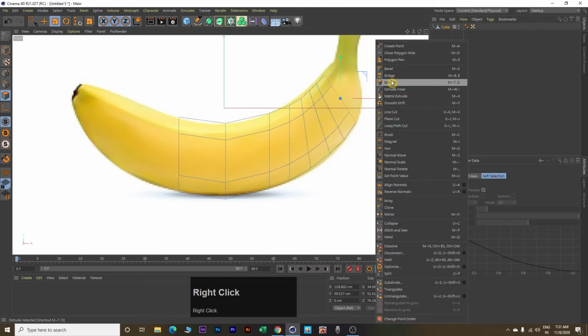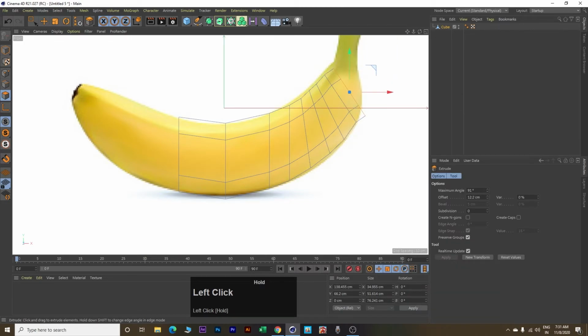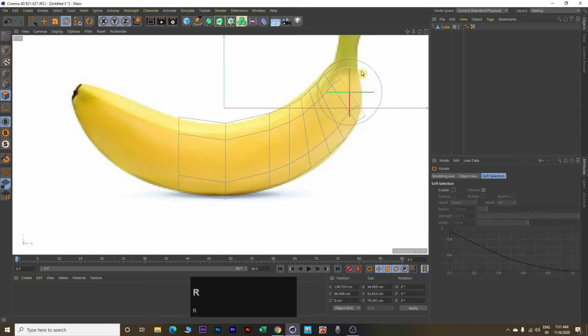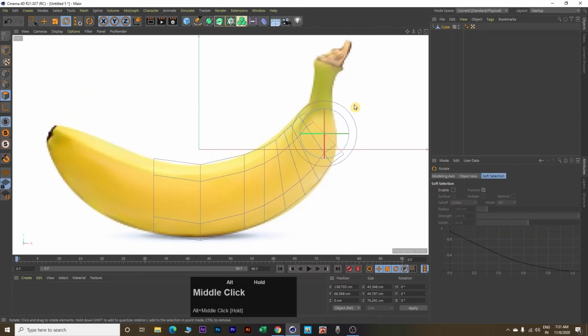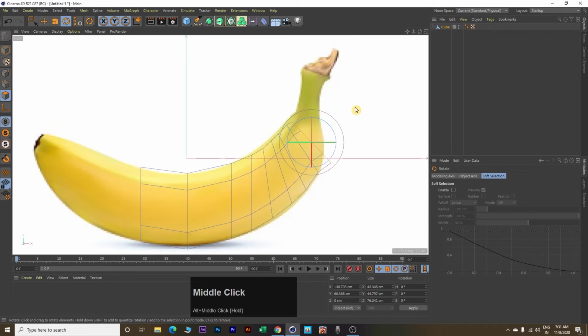Again extrude, rotate, move it a little backward, resize.